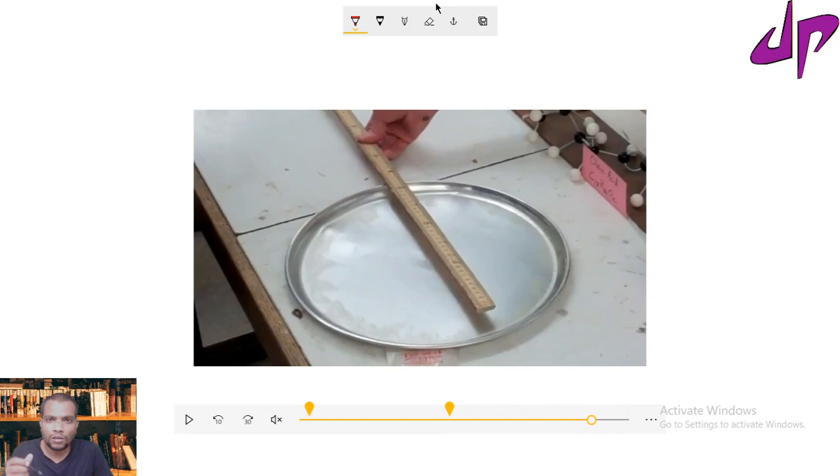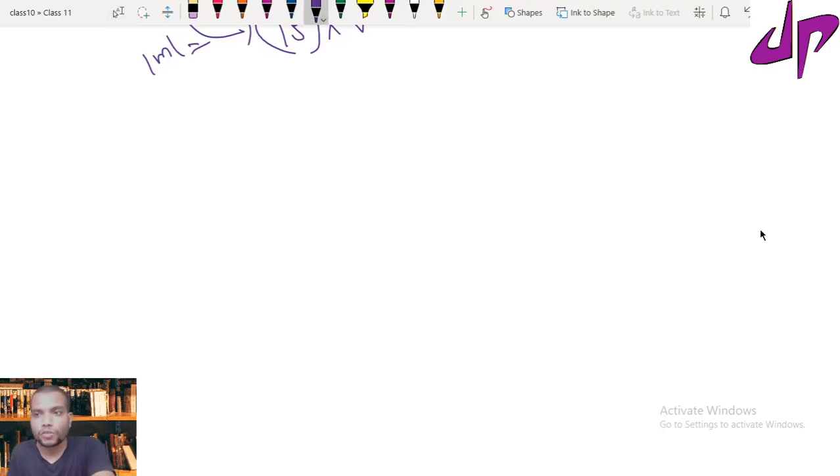Here it is also coming out as a perfect circle because he has taken a circular plate of water. Now he is measuring the diameter of the circle. If you measure the circle diameter, from that we can easily get the radius. So finally I can write the